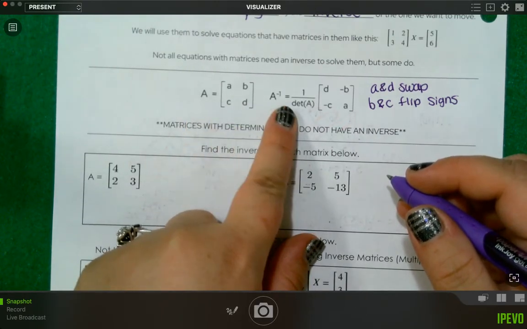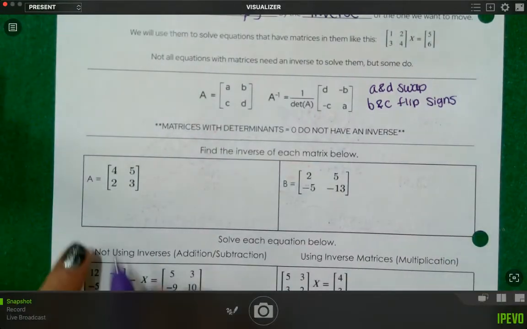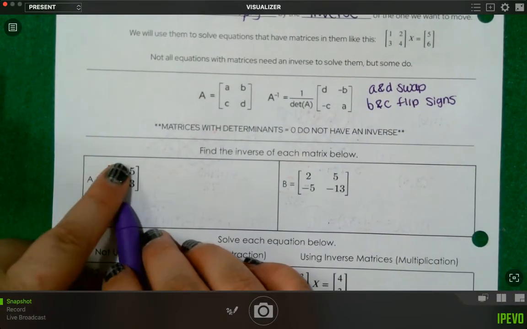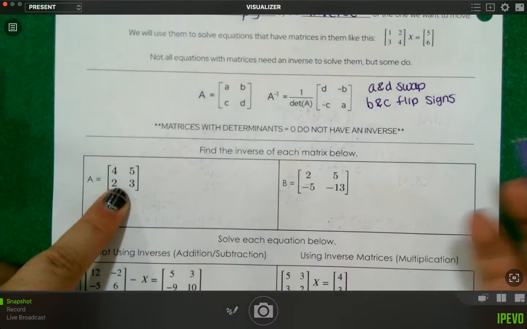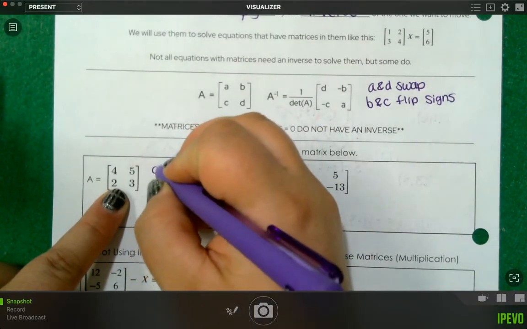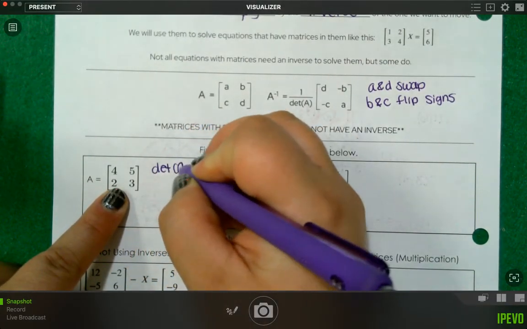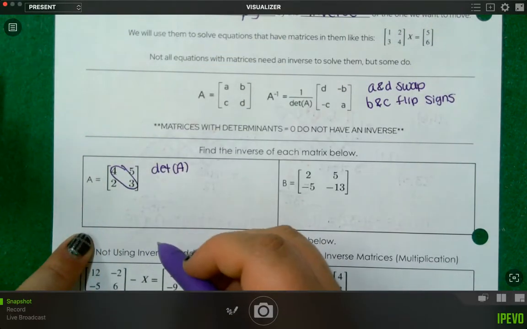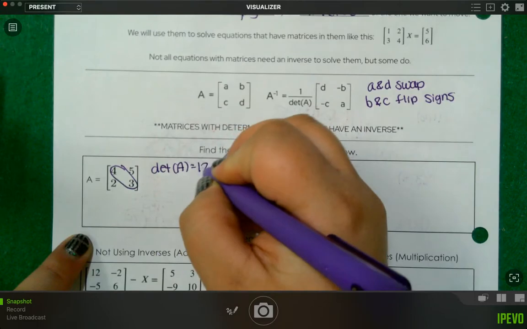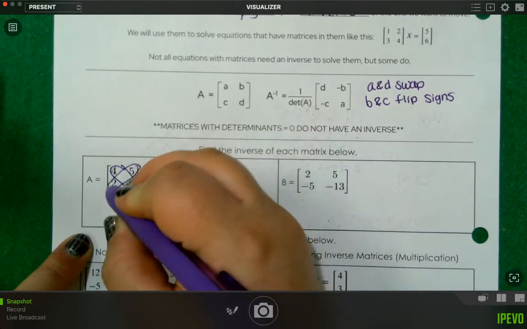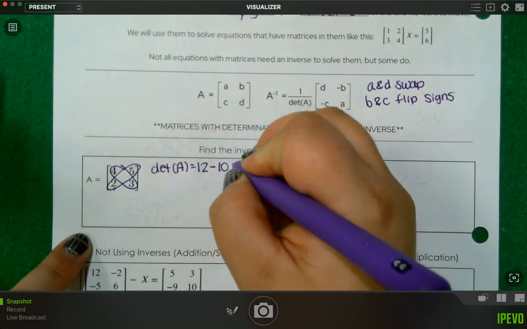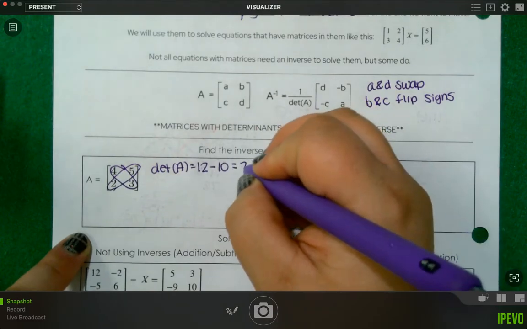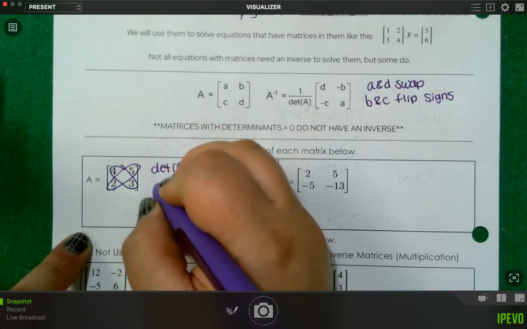This is the inverse. So let's take this matrix 4, 5, 2, 3. First of all, the determinant of A is where you multiply this diagonal, which is 12, minus this diagonal, which is 10. And 12 minus 10 is 2. So we're going to have 1/2